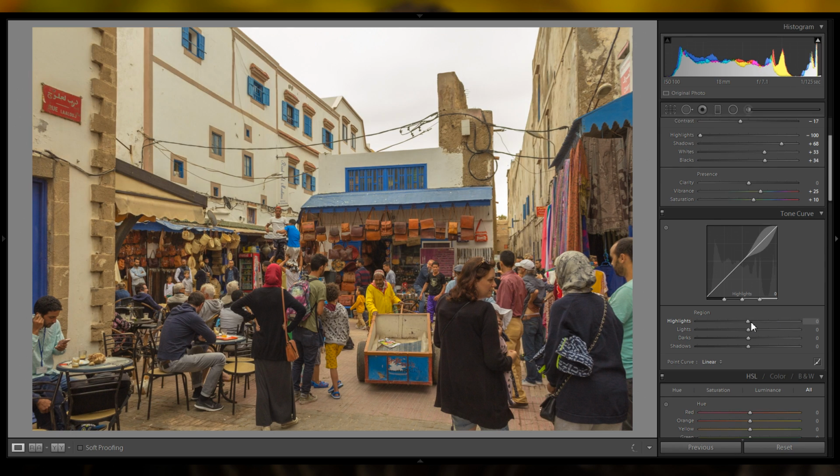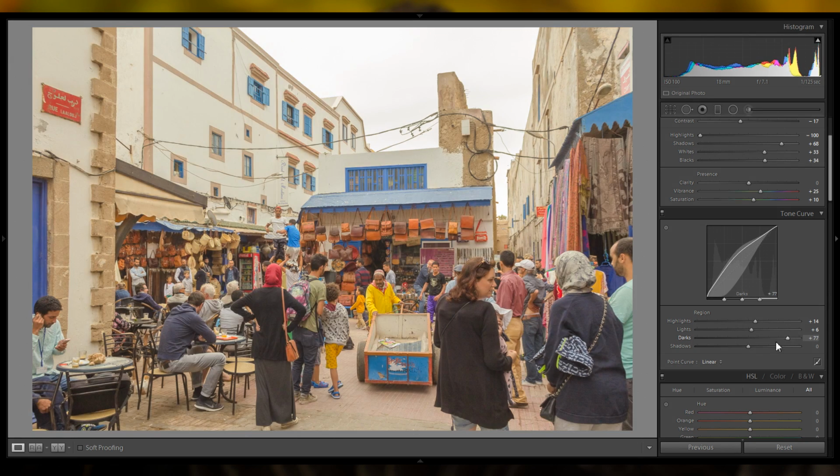Now what you can do here is really fine-tune every area of brightness in your picture. So what I'm gonna do is even bring up the highlights a little bit. This might seem a little bit counterintuitive, but it actually helps to get a lot of dynamic in your picture. And then just gonna play around with the rest of these sliders. I really want to make this picture pop and make it alive, but at the same time, I don't want to wash it out. You know, by bringing up the darks, bringing up the shadows,